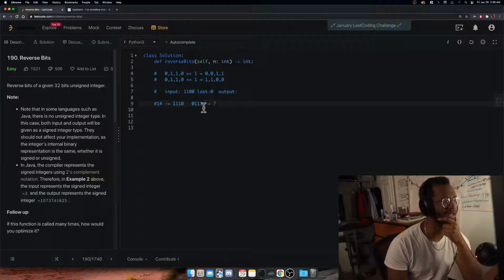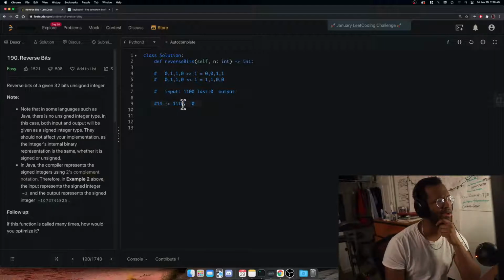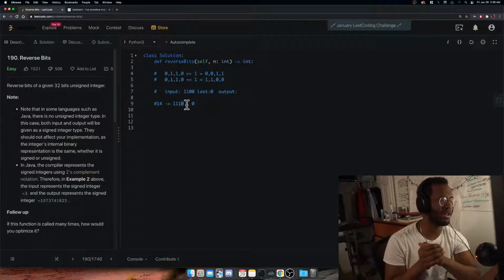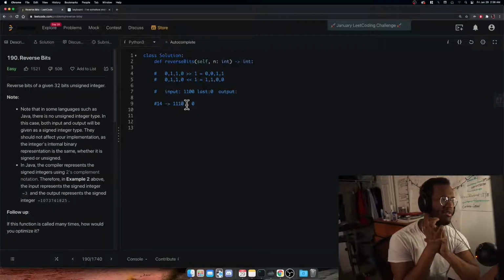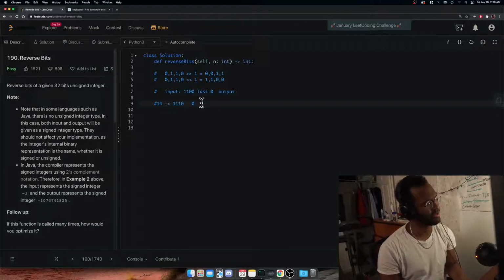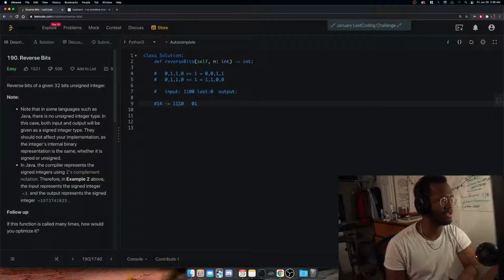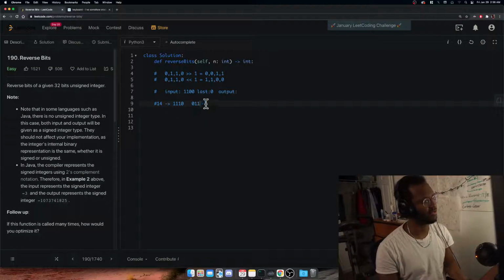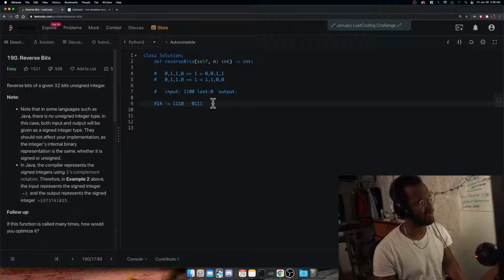Well, wouldn't it be as simple as, if we started over with 0, saying, hey, what's the last bit? What's the rightmost bit of the input number? Oh, it's 0. Okay, well, let's go to the next one. What's the second rightmost digit? 1. Now what's the third rightmost digit? 1. Now what's the fourth rightmost digit? 1. And then you get the same answer we got before,